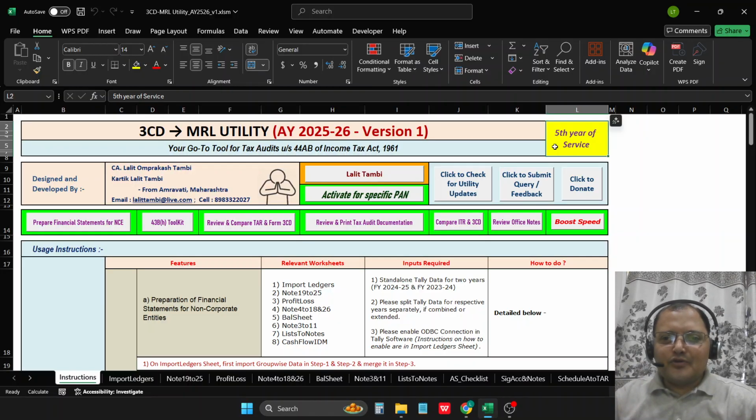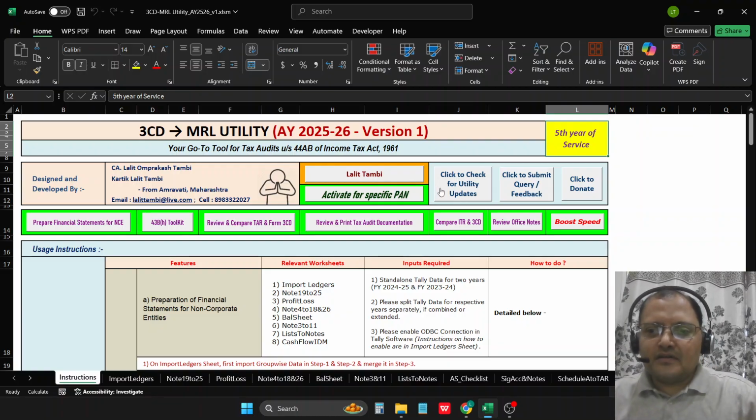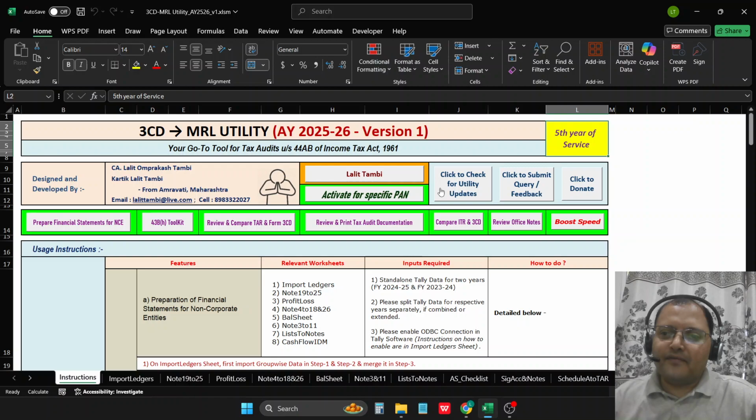And in this episode 5 of our 3CD MRL utility, we will today have a look at the new version 2.1 of this utility, which was released yesterday, and which also carries a special feature of preparation of financial statements in your own Office Excel formats at the click of a button. And I hope it will help in faster, cleaner and error-free preparation of financial statements in this